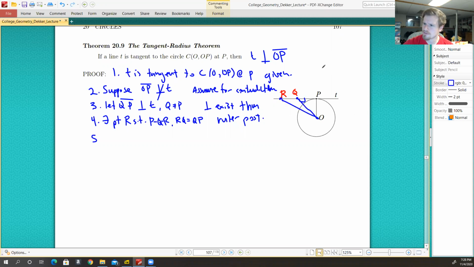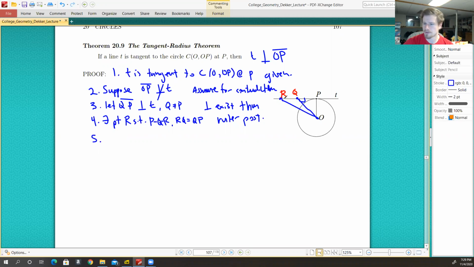But I believe that we also have a theorem that states that O is on the perpendicular bisector if and only if it's the same distance away from the endpoints. So we could consider that one as well, shortening this proof, because we would immediately have that OR and OP are the same distance. But I don't have that in front of me as to what theorem that is. So we're going to take a slightly different approach for now and use the fact that,